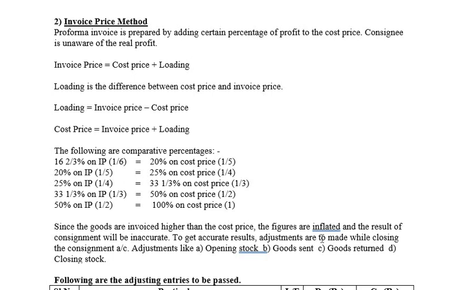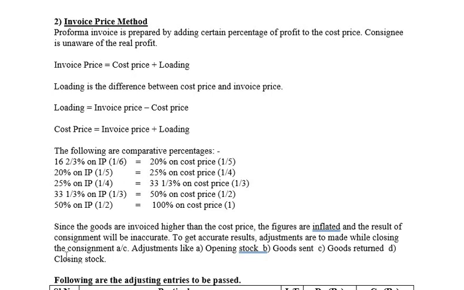So there will be a fluctuation of amounts, because the amount won't tally between the actual expenses made and the amount the consignor is telling. So there will be inflated results in terms of the figures, and to get the accurate result,